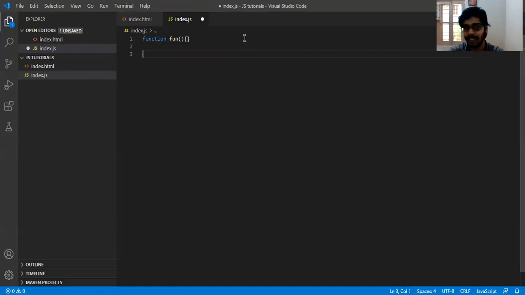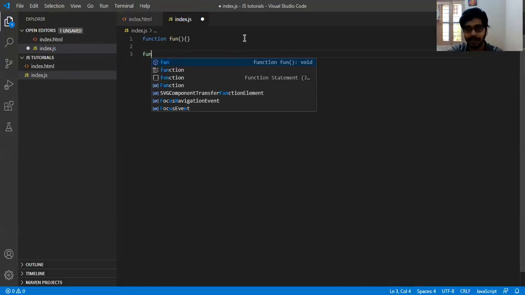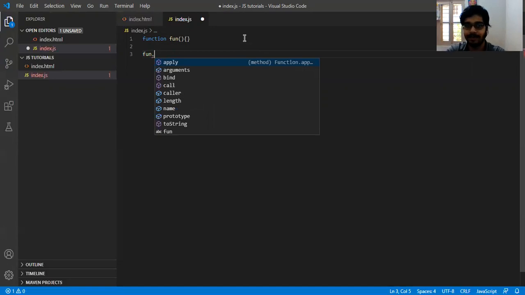To do that, first I need to get access to the prototype property. First, the name of the object called fun. In that fun object, I will be getting access to the prototype property.